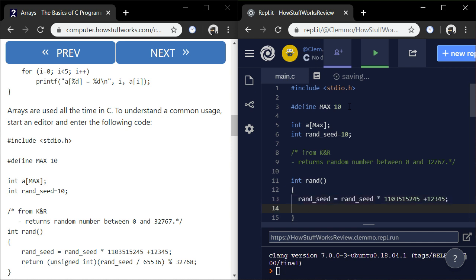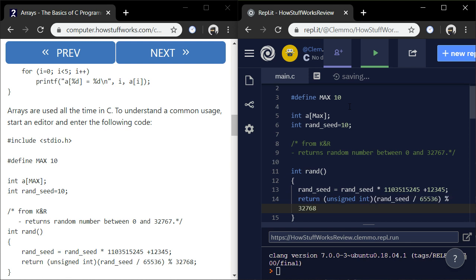All right, and return an unsigned integer, ranseed divided by 65536, modulus operator, if you haven't looked at it yet, 32768.